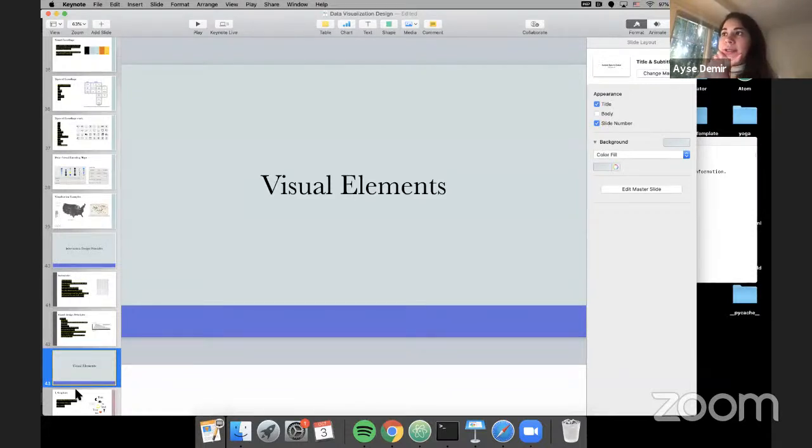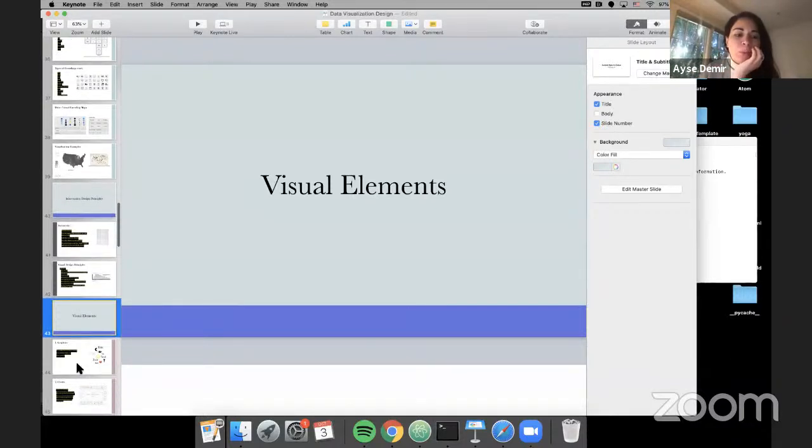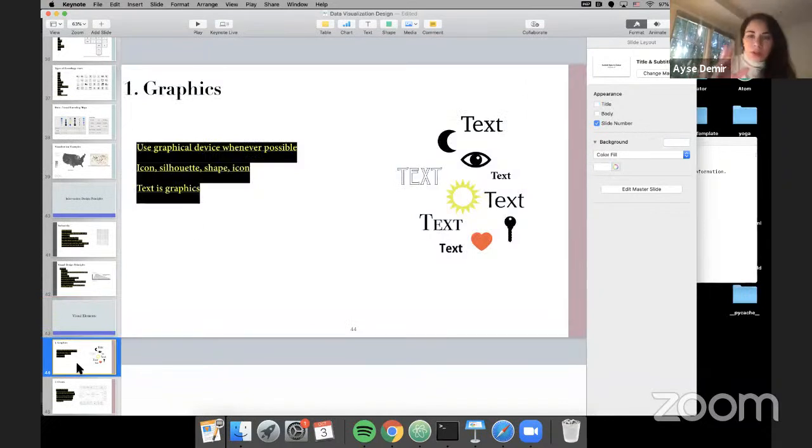So the second piece in visual design principles is visual elements. We're going to be talking about the most critical ones. The first one is graphics. Again, this will be a repetition, but